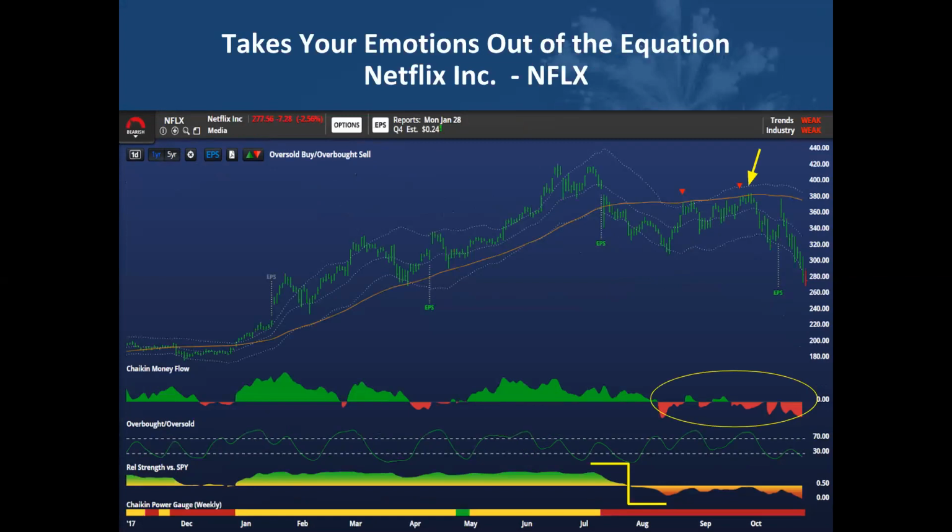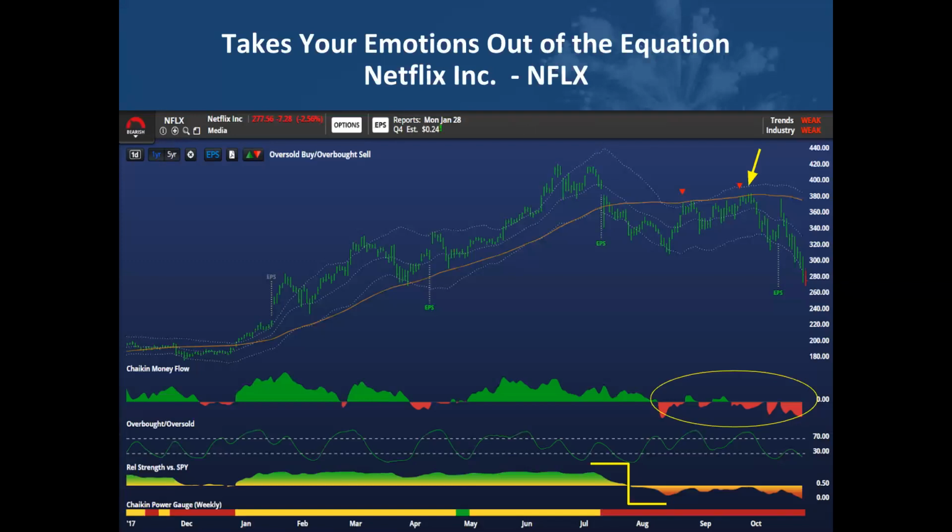And I'm going to leave you with Netflix as a great example of that. Netflix is a name that we all know. We probably all use the product. I use the product personally. I happen to love the product. I actually don't have network TV in my home, but that didn't necessarily mean that Netflix was a stock that I wanted to own. Stock is bearish, and it's part of that consumer discretionary group that when you looked under the hood was weak relative to the market,